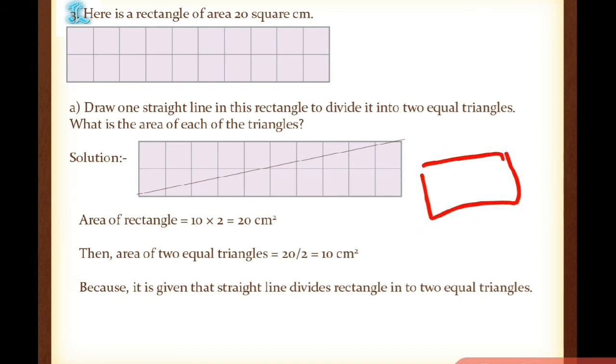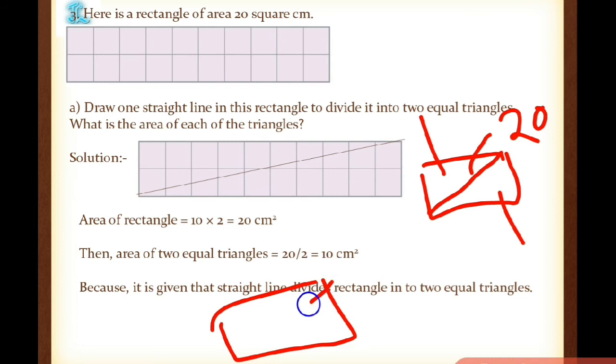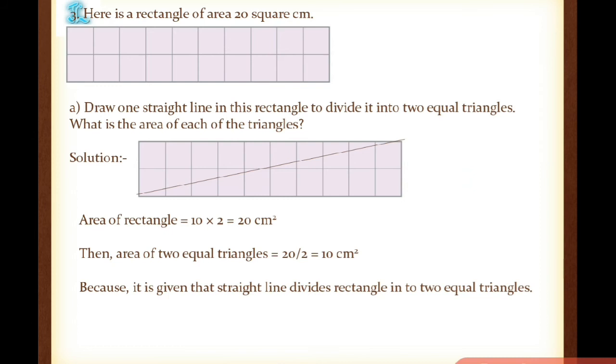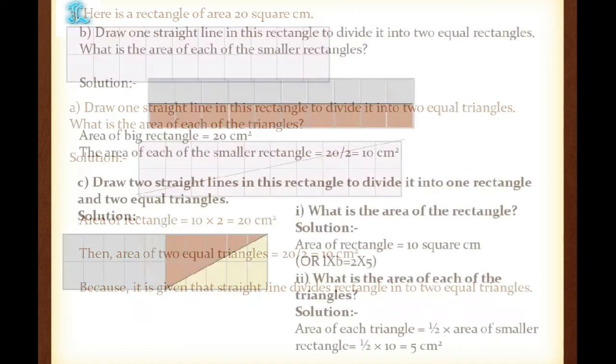When we have taken a rectangle, when we know that this is 20, now we have exactly divided it in half. So, this area will be 10, this area will be 10. Understood? If you are having a chocolate, you have divided exactly like this. 20 pieces were there earlier. So, after division, one will get 10 and the other one will get 10. The same policy. Okay. Next one.